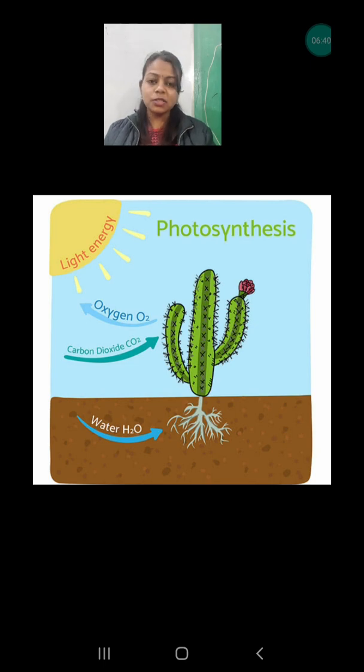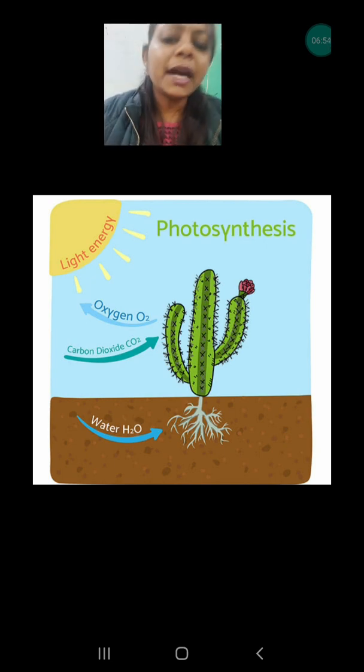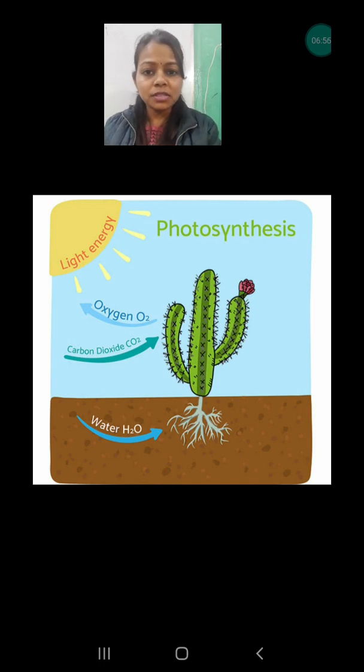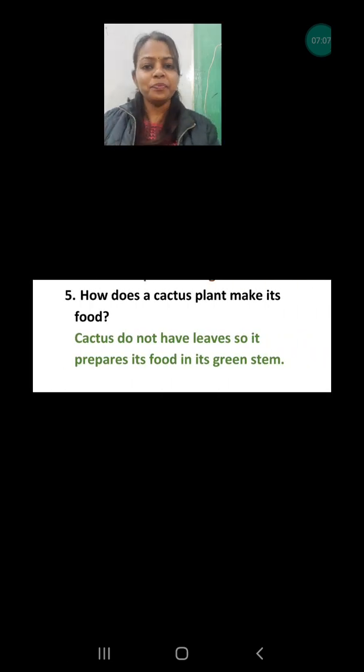In the cactus, the chlorophyll is present in the stem, and that's why it looks green, and it is very soft and spongy. Why? Because it also contains water. So don't think that if the cactus does not have leaves, photosynthesis is not occurring. Obviously it is occurring in the stem. The stem is the green part of the cactus, and photosynthesis happens there, and that's why they also need carbon dioxide, water, chlorophyll, and the presence of sunlight.